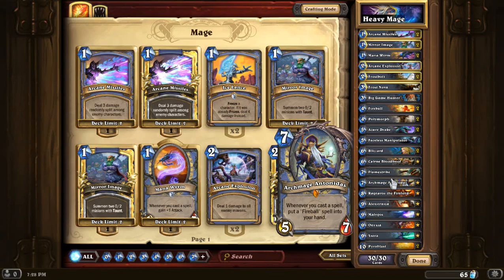When I play him, if I have an Arcane Missiles or even Arcane Explosion or Frostbolt or anything like that, I can... Of course you won't have this scenario all the time, but in my opinion it's good to have the Archmage in your deck if you're playing control, even if it doesn't do you any good. And unlike the Cairn, if you're playing against a Priest, Cairn doesn't die to Shadow Word: Death. So